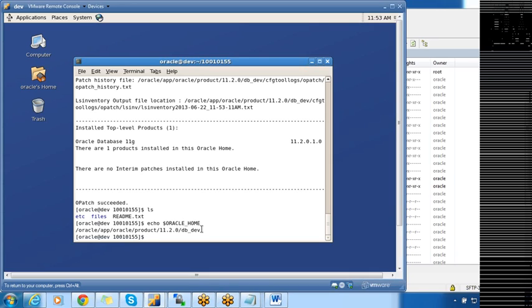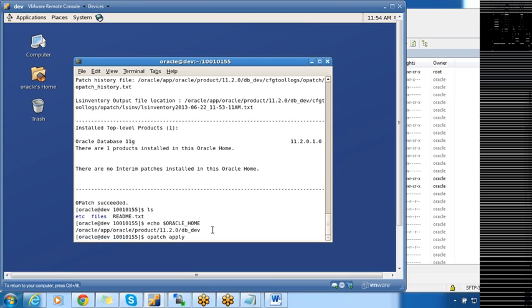In real time, you will have ASM. If by mistake you set the environment to ASM Home and you try to apply the patch, everything will be gone. This patch is related to RDBMS, not ASM. So you need to make sure you set the home properly. After that, we'll issue the command opatch apply. To apply one-off patches and PSUs, we'll use the opatch utility. To go for a patch set, we'll use runInstaller, because new features will be added. For patch set updates and one-off patches, we'll go for opatch.